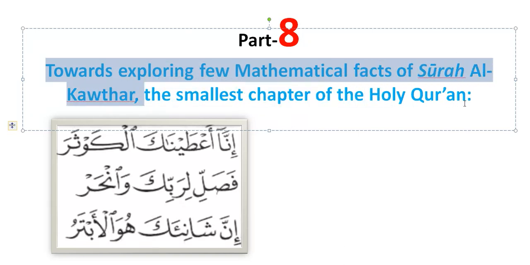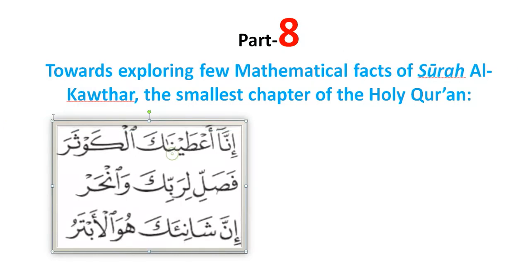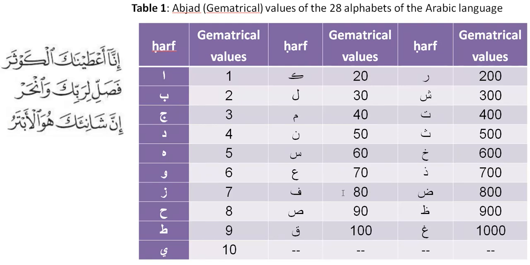We are now at part 8 towards exploring a few mathematical facts of Surah Al Kawthar, the smallest chapter of the Holy Quran. We know that Surah Al Kawthar is: Bismillahir Rahmanir Rahim. Inna a'atainaka al Kawthar fasalli li rabbika wanhar inna shani'aka huwal abtar. In the next slide, we see the abjad values of the 28 alphabets of the Arabic language, and we all know